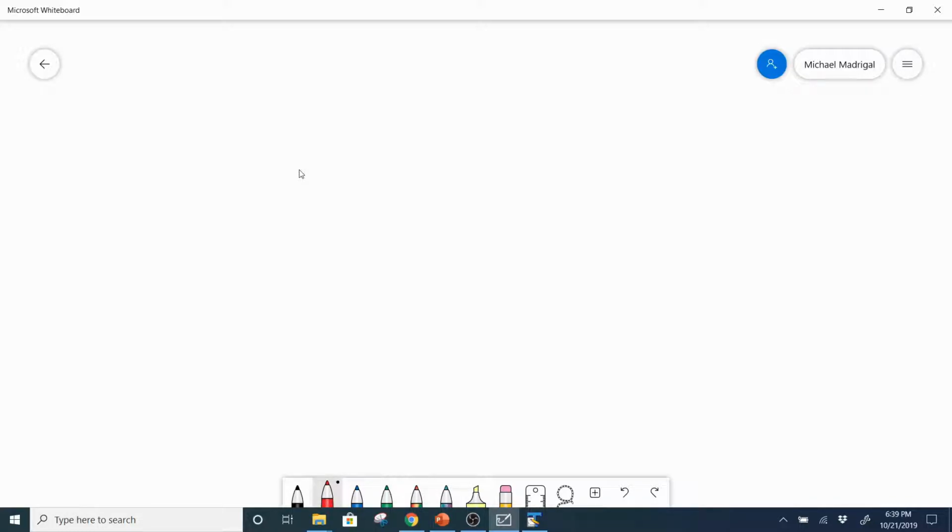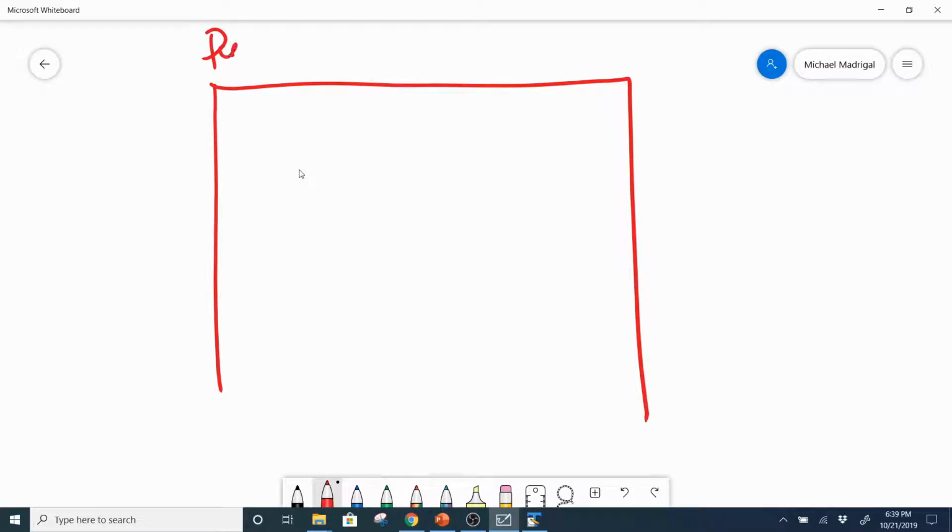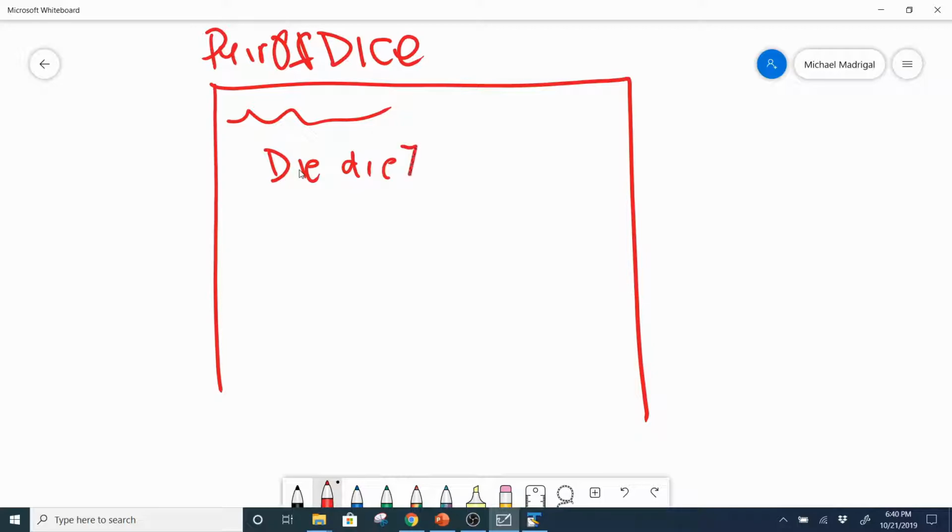Right. So according to the instructions for this pair of dice, here's your pair of dice class, right? According to the instructions, you have your header right there, and then you have your instance data. Your instance data is going to be 2 dice, right? So you're going to have a private die1, and then private die2, and so on. Okay, so I want you to create a setter for each die, right? So this is the way this is going to work, is you're going to say public